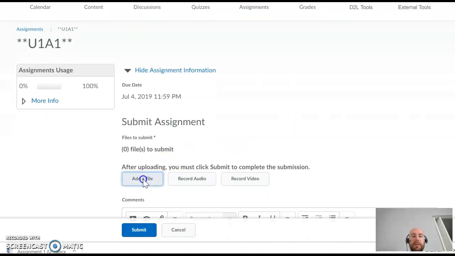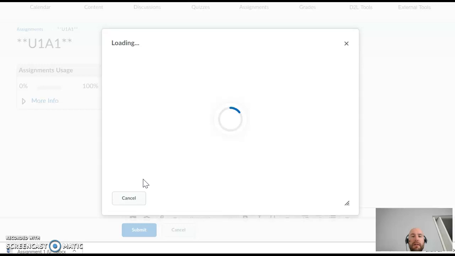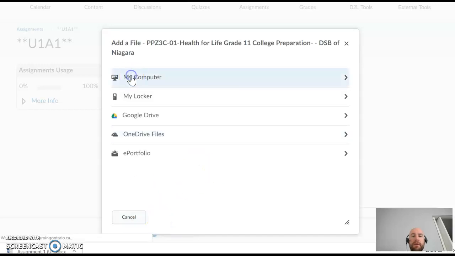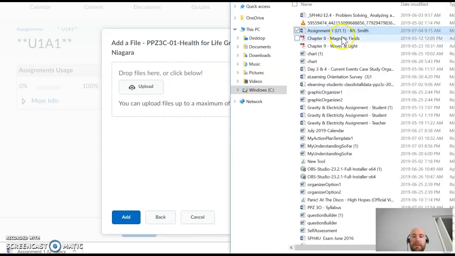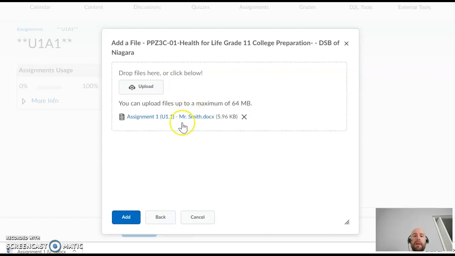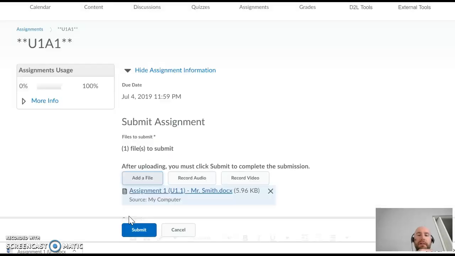Okay, what are you going to do? You're going to add a file, okay, from your computer or wherever you've got it. Okay, and then what I would do is take that same assignment and drag and drop, and I would put it there. Okay, there you go. It shows that it's there. I'm going to add that file, and there you go. It has been loaded in there, and then you simply just click on Submit, and now your assignment has been